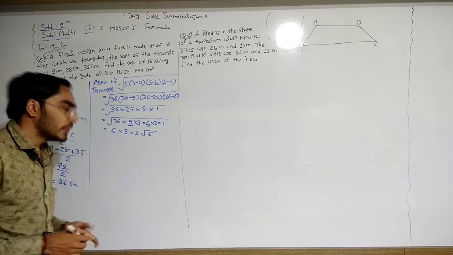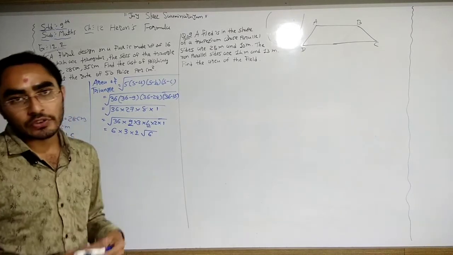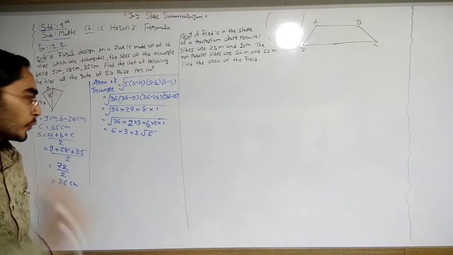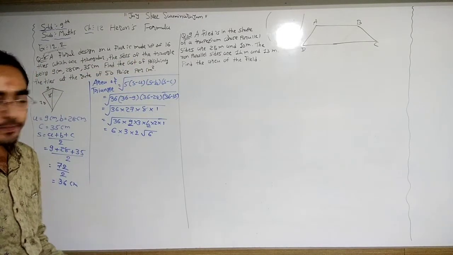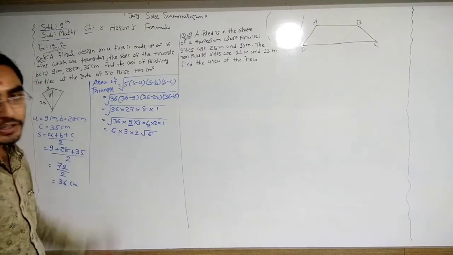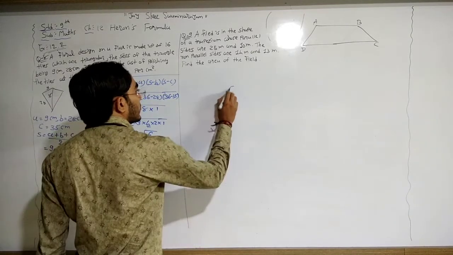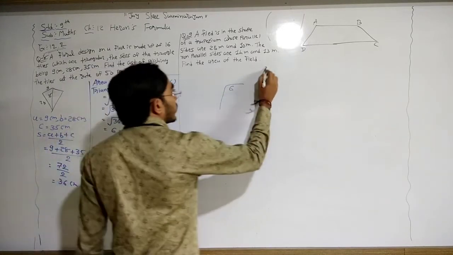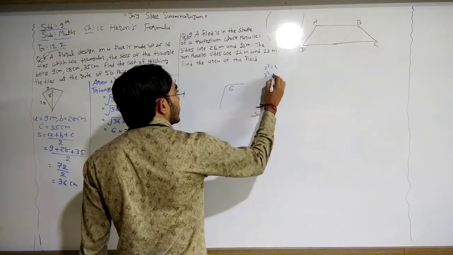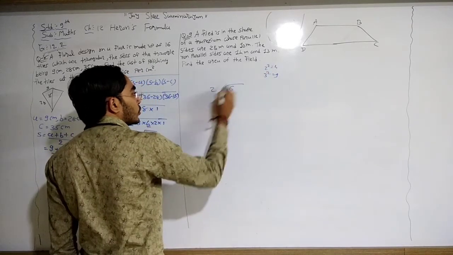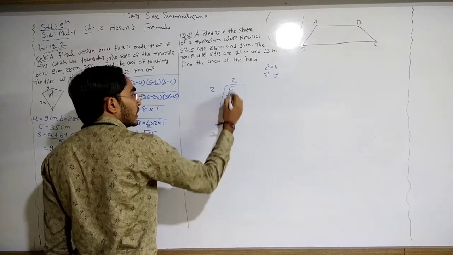Students, here we need to find the value of under root 6 because we need to find the cost of polishing. For that we want the area. So here we need to find the square root of 6. Now use the long division method. So 2 square is 4 and 3 square is 9. So 6 lies between 4 and 9. So use the smaller number, 2 square is 4.